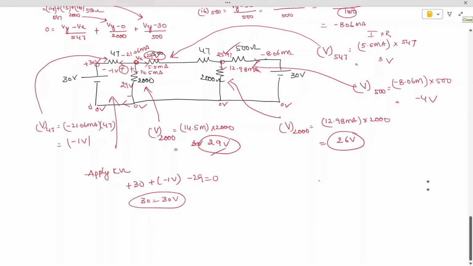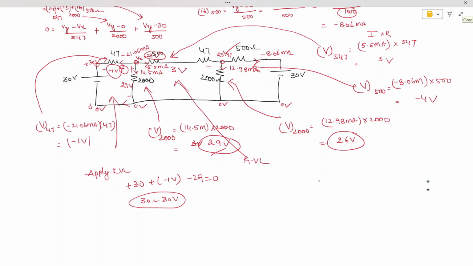Similarly, in 30 volts, how much is the drop here? 1 volt. Therefore, 29. So this 29 is once again splitting as how much? What is the drop created in this branch is only 3 volts. Okay. So 29 plus 3 you will be getting as 29. So when you apply the